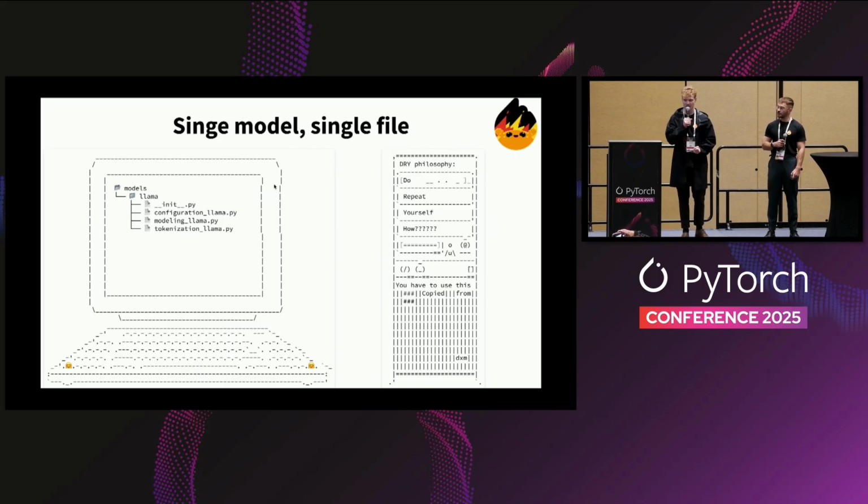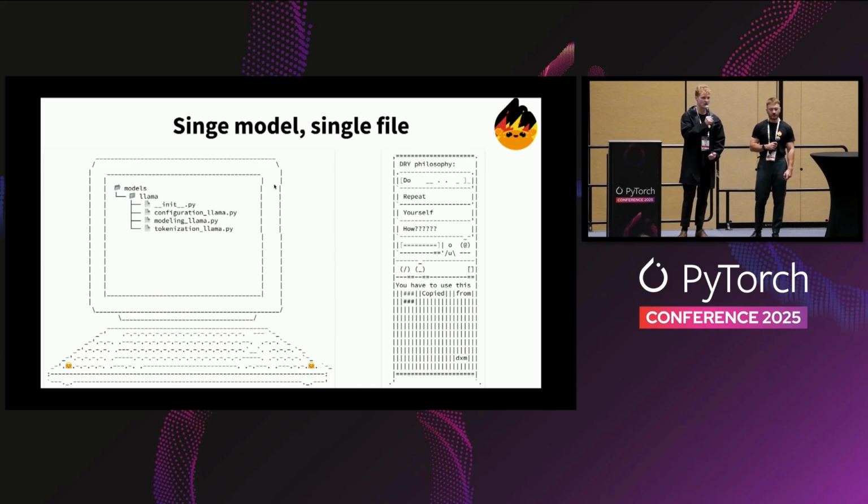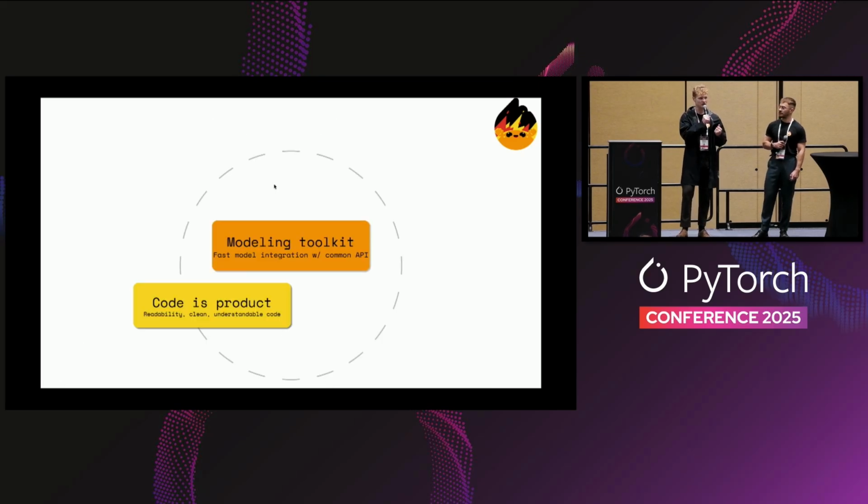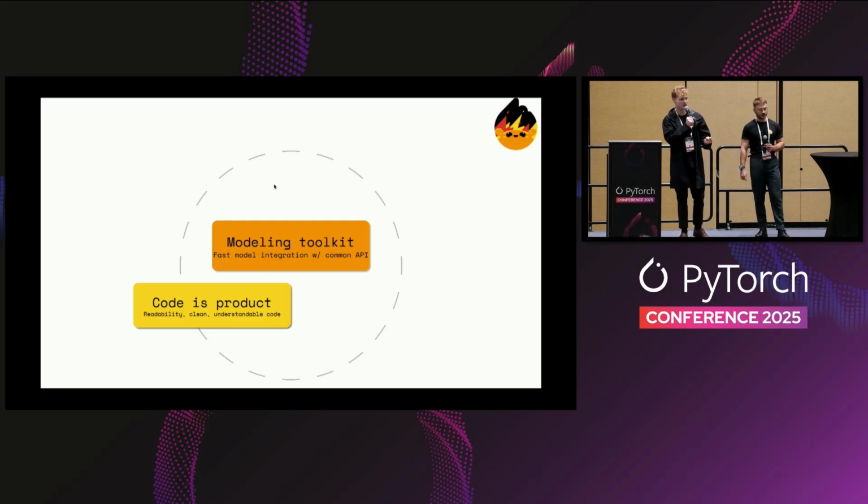I've talked about this already, but we wanted to make sure researchers first were able to just copy-paste the entire code and use it without having to understand abstract concepts or abstract definitions from the library that we chose. We also wanted to make sure that people were able to contribute to the library, and that means adding a model should be very easy. So today, adding a model is just you create a new folder and you dump in all of your code, and then you get reviews, and that's it. And we wanted the code itself to be ready for researchers to just read, understand, and simple.